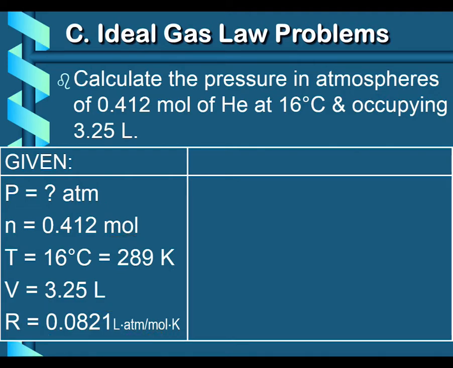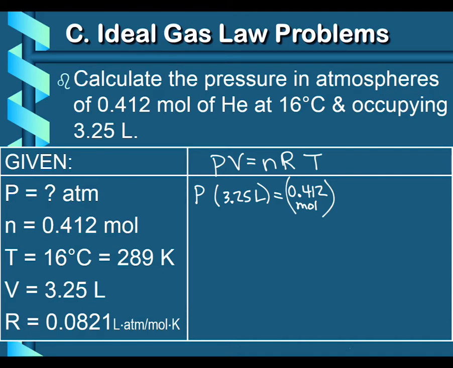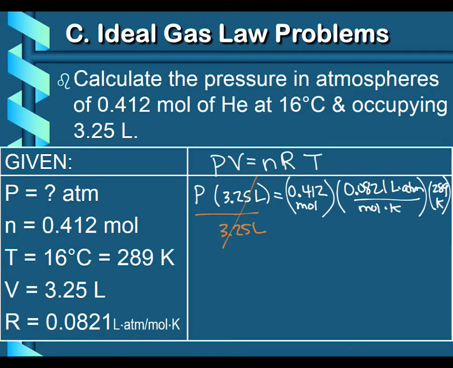So if we go in and we plug everything into PV equals nRT, pressure again is what we're solving for. Volume was 3.25 liters. N is 0.412 moles. I'm going to write it like this because it's going to get tight. The R value we said is 0.0821, and that is liter atmosphere over mole Kelvin. And then our temperature is 289 Kelvin. When I bring my 3.25 liters over to divide, because we've got to get rid of it on that side,